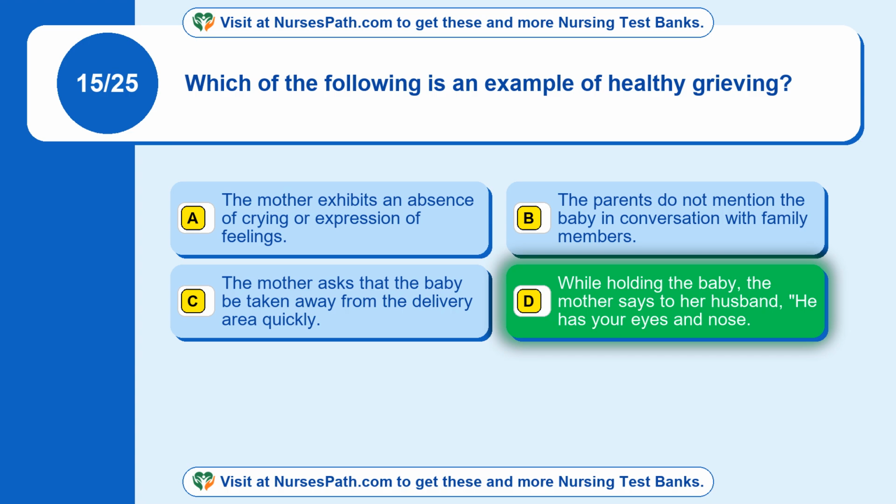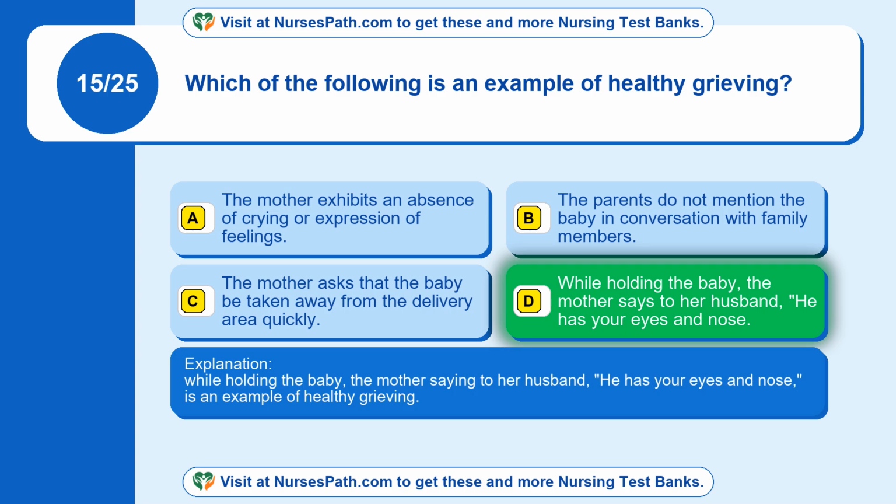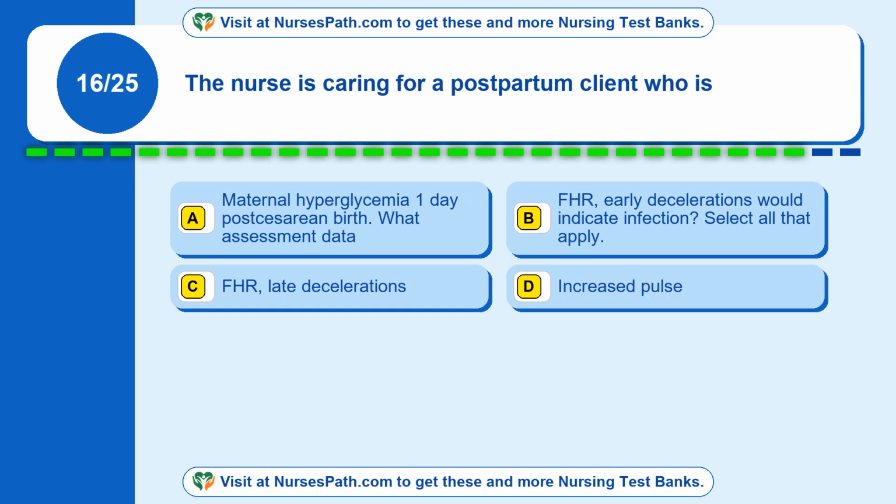The correct answer is option D. While holding the baby, the mother says to her husband, "He has your eyes and nose." While holding the baby, the mother saying to her husband, "He has your eyes and nose," is an example of healthy grieving. Question 16. The nurse is caring for a postpartum client who is: